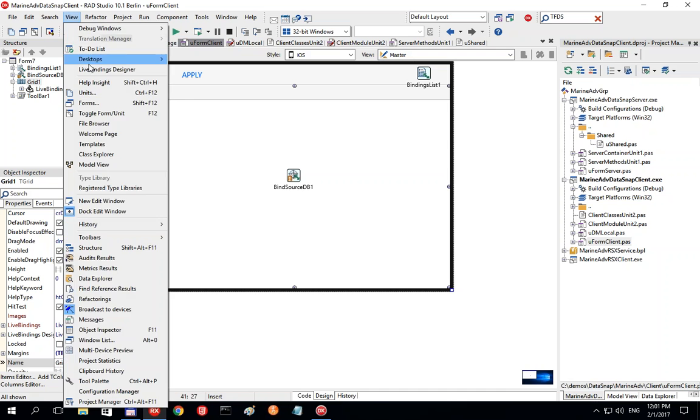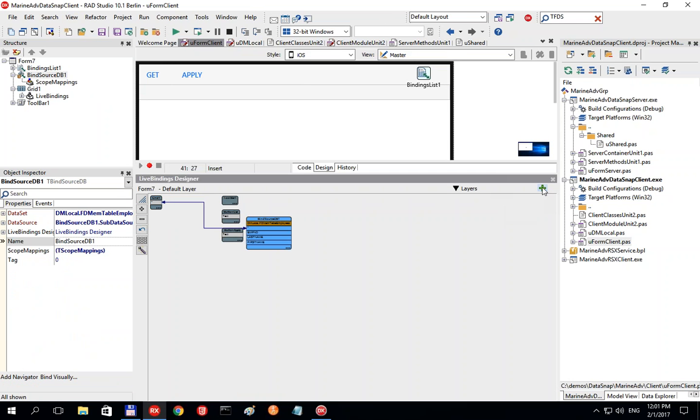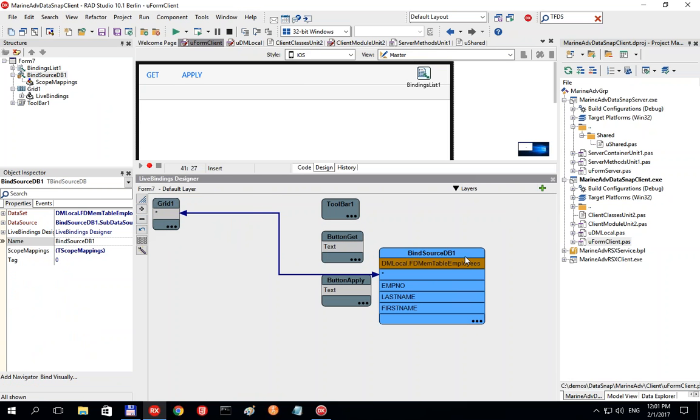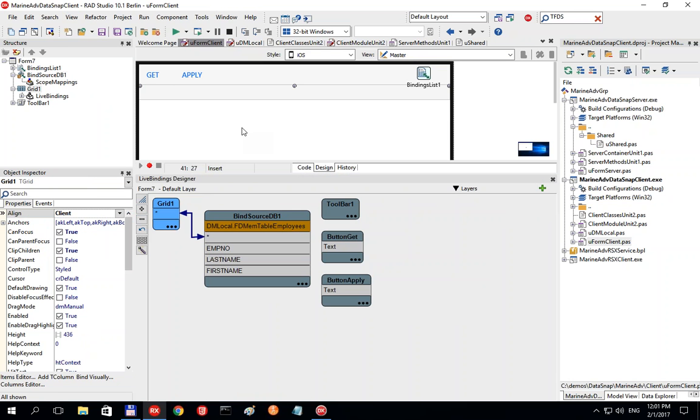So here I can go into the live bindings designer, and this is my live binding designer. Maybe make it a little bit bigger so you can see better. So this is my grid, connected through the live bindings to the FDMemTable employees,